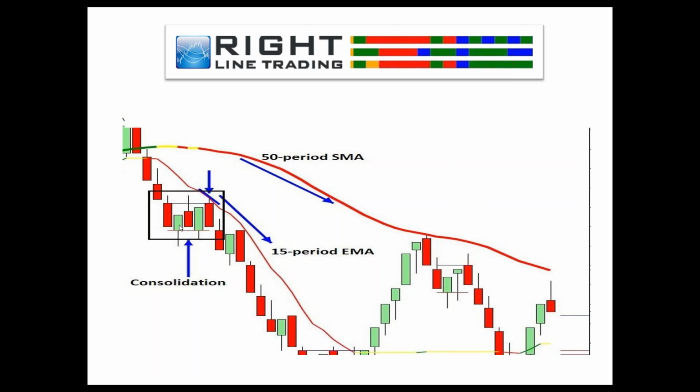You get into a short trade on stocks or options or futures and forex and walk into consolidation. Now remember, you don't have a financial instrument that decreases in value unless you're trading options. You can hang in there with stocks. You can hang in there with futures. You can hang in there with forex. But if you trade options, your option is going to diminish in price, and eventually, you're going to have trouble making your money back.